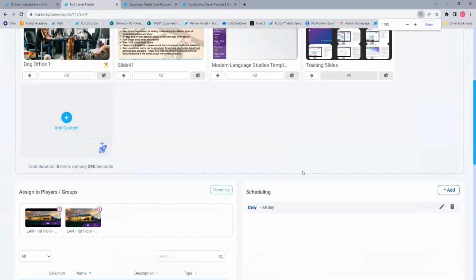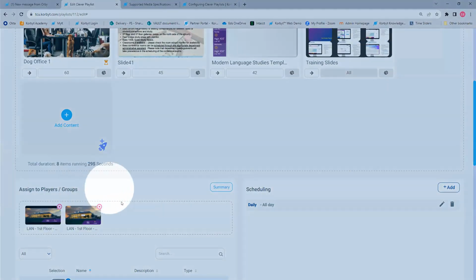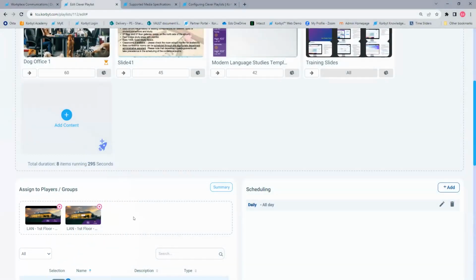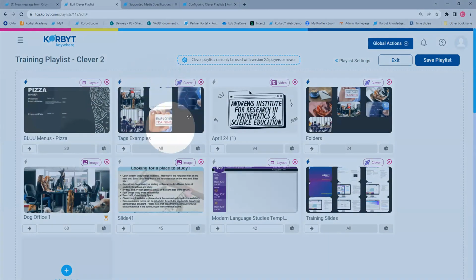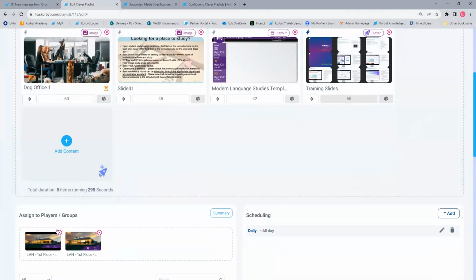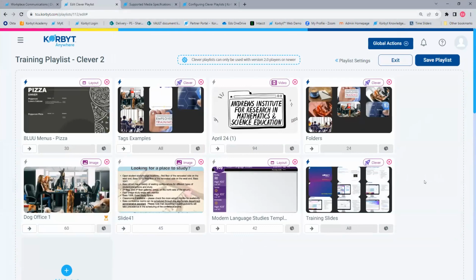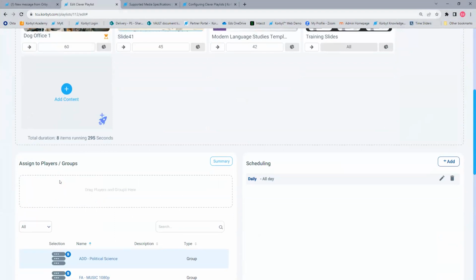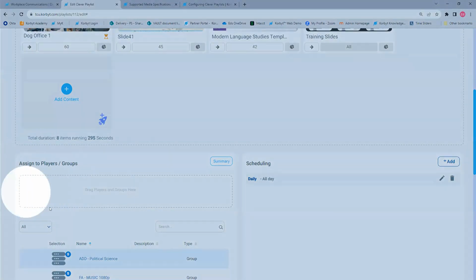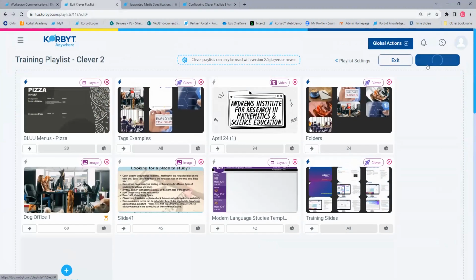So if you open up a playlist and it has actual players here, that means this playlist is being sent to those media players. It would be playing this full screen, this series of items full screen. It would go down the playlist to the end. If these players were receiving other playlists as well, it would play those other playlists, come back to this playlist. I do not actually want to send this to any of your players, so I'm going to remove them there, and I'm going to hit save playlist.